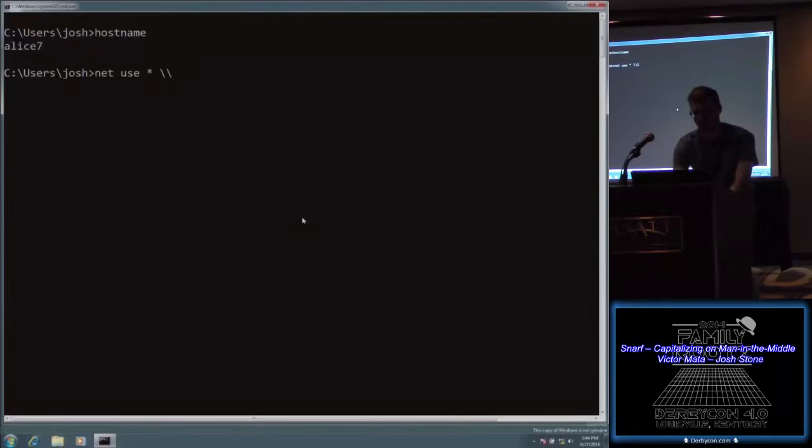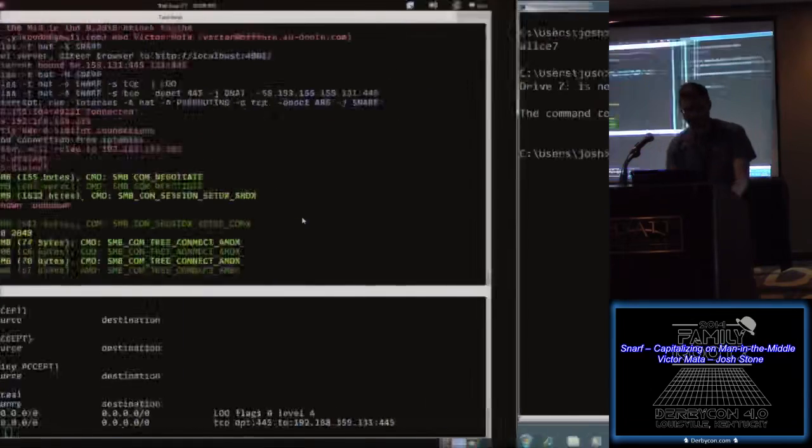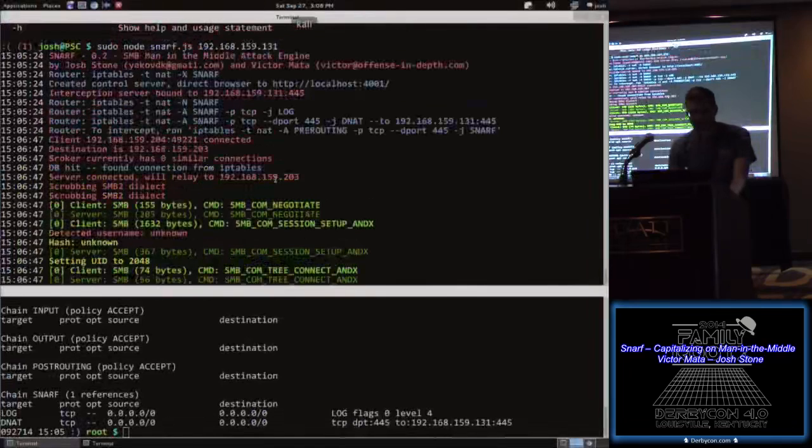I don't have to do the IP. Bob7, we'll just do $C because I am admin. So their drive Z is now connected. I'll show you in a minute, but this is a fully functional connection. I'm not doing anything evil yet. It's still quite innocuous. But over here we can see that Snarf gives us a little bit of